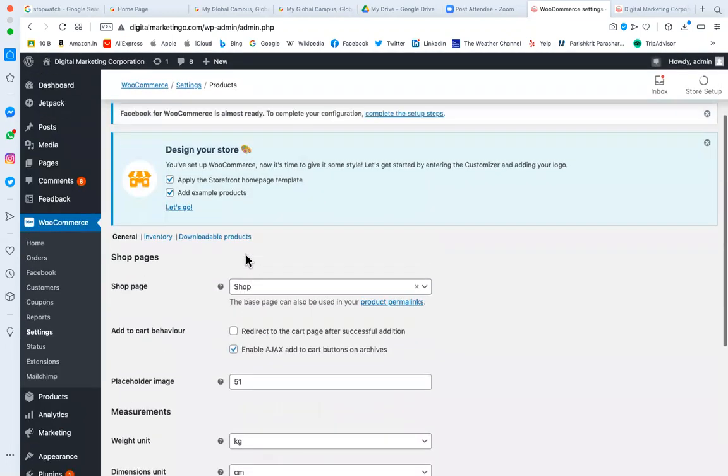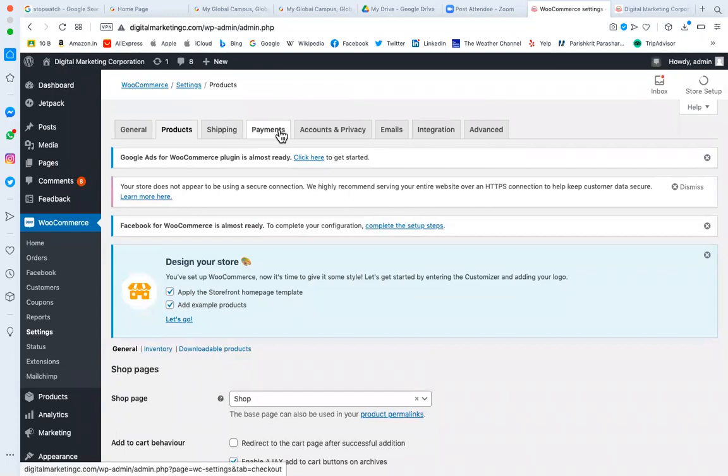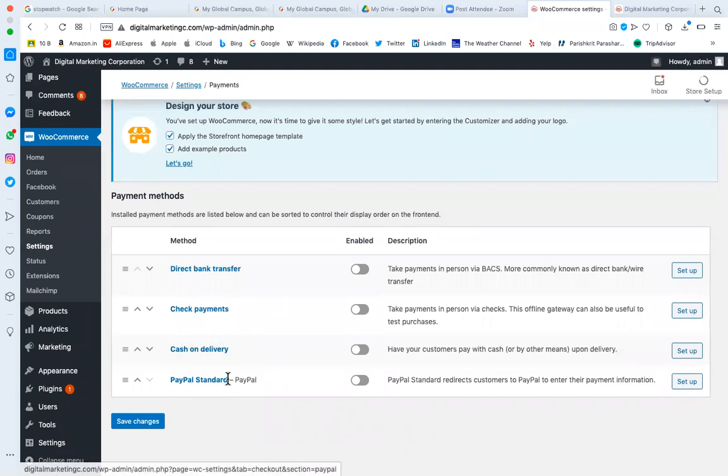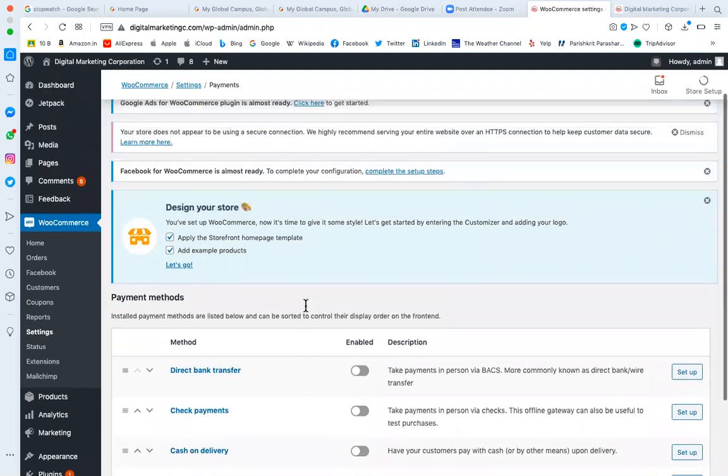Actually payment will happen on a product level page, but the basic payment setting you have to manage from here. Whenever you are receiving a payment, check payment, cash on delivery, and PayPal are standard. If it is PayPal, you must have an account on PayPal, get the embed code and link it here. Right now by default all are disabled, so you have to go and set up everything one by one: direct bank transfer, check payment, cash on delivery, PayPal. Right now these four options are available. If we want more,